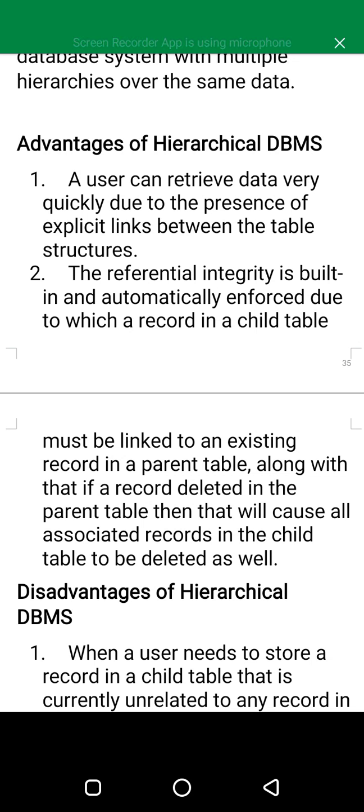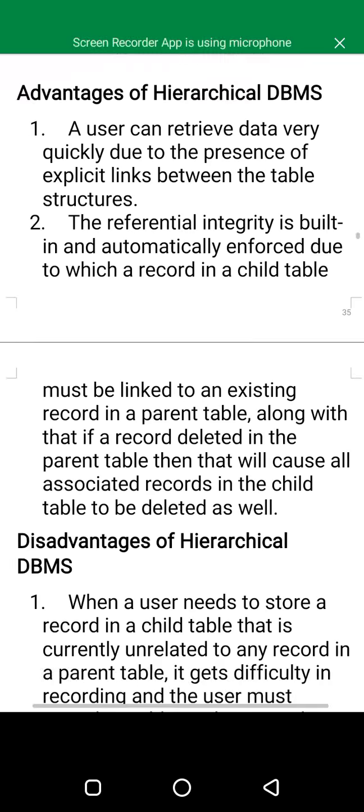Images, videos, documents, etc. They will all disappear. So this is why I was saying that if a record is deleted in the parent table, then that will cause all associated records in the child table to be deleted as well. Hope this has some clarity.